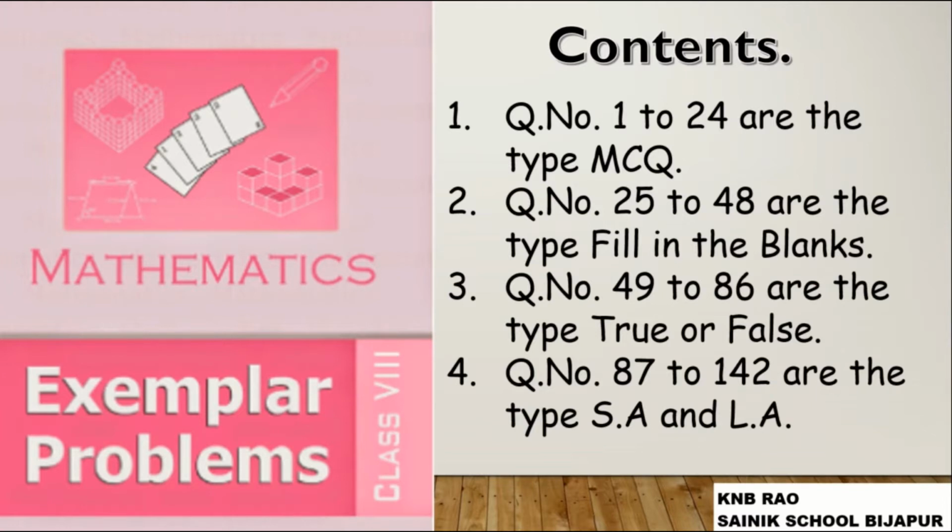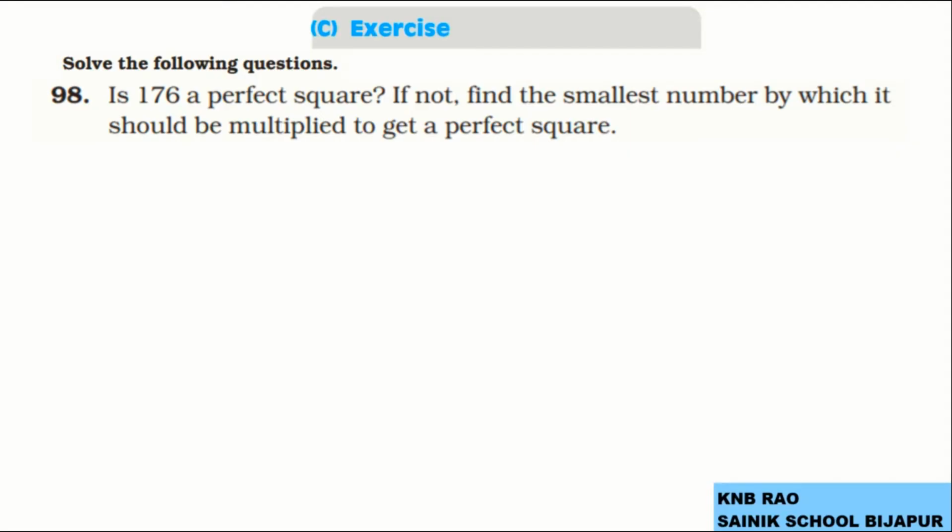Now from today's session onwards we will be solving some of the long answer type questions, that is from the question number 98 onwards. The question number 98 is: is 176 a perfect square? If not, find the smallest number by which it should be multiplied to get a perfect square. This is the 98th question. Now to solve this question, first we need to